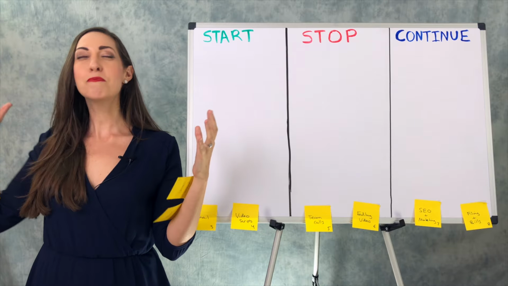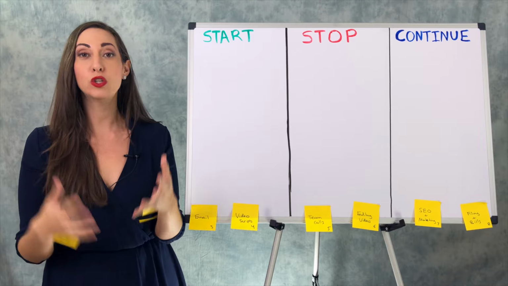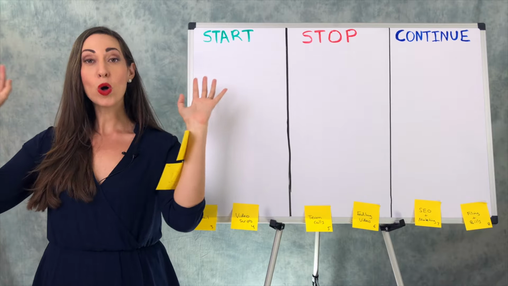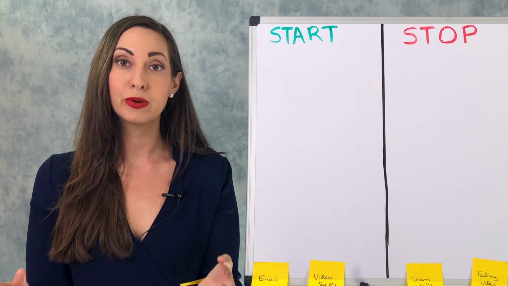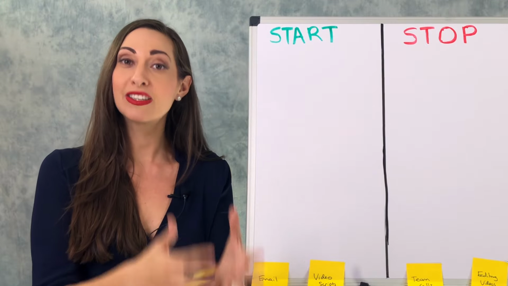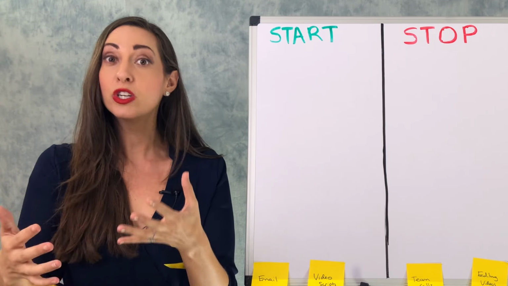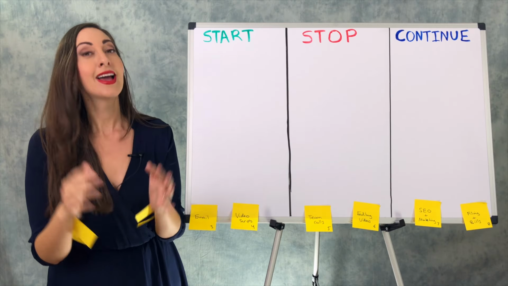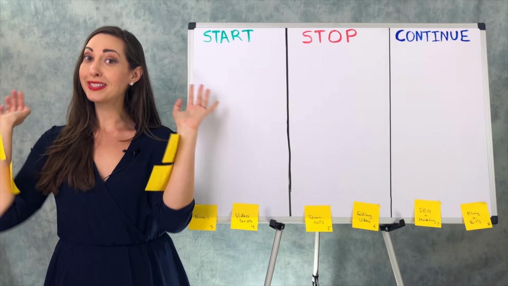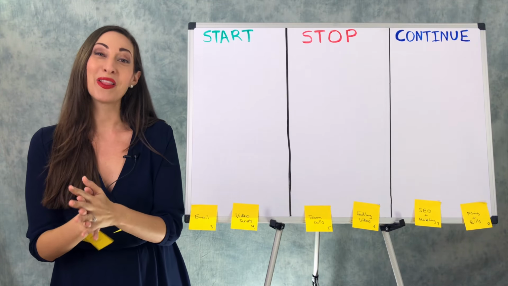I want you to think of as many as you can, as many as you typically do around that topic. Write them all down on different Post-its. A little insider tip is if you're doing this with multiple team members, you might even give each person a different color Post-it note. That way you can track who's writing down which tasks. If you want to keep it more anonymous and not call people out, you could also give everyone the same Post-it so you're not putting anyone on the spot.